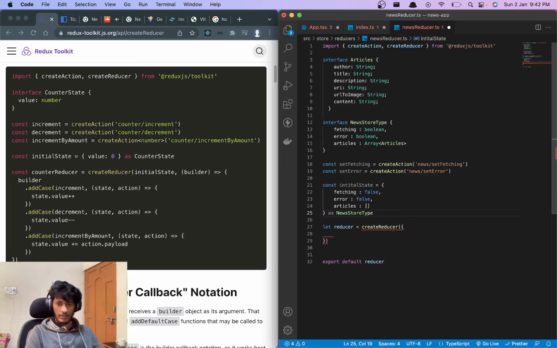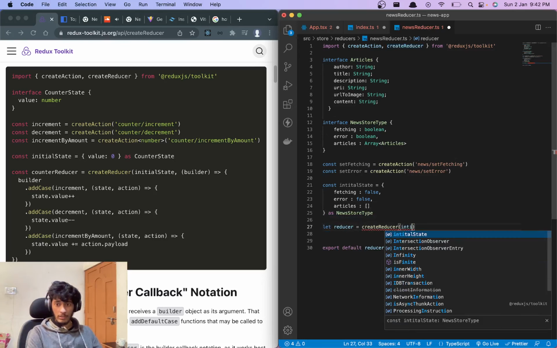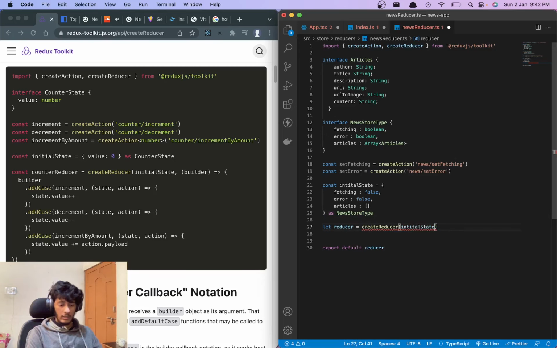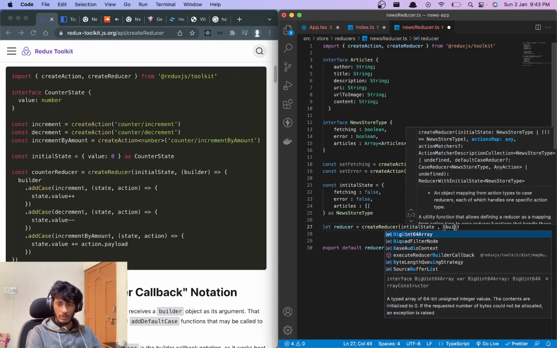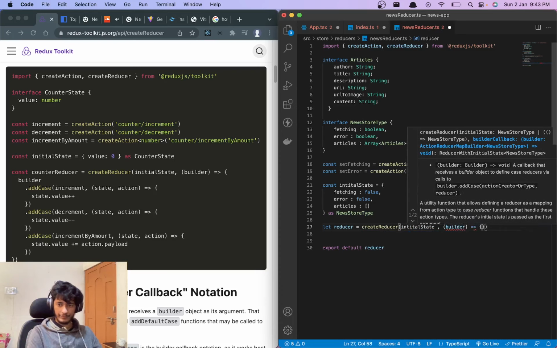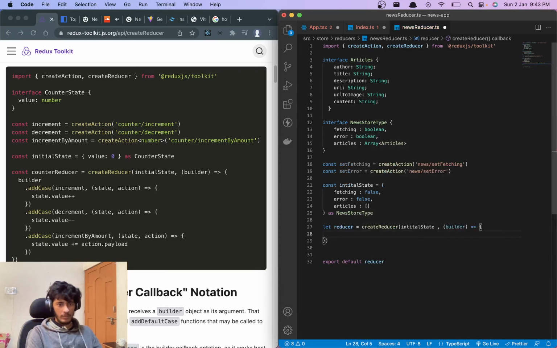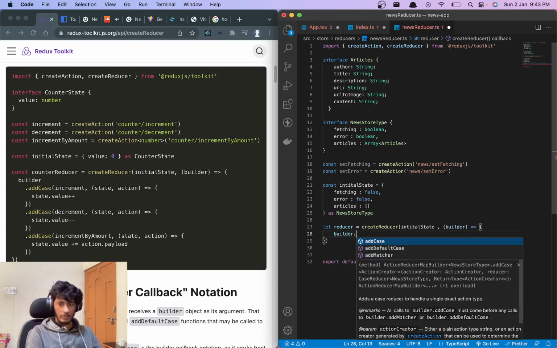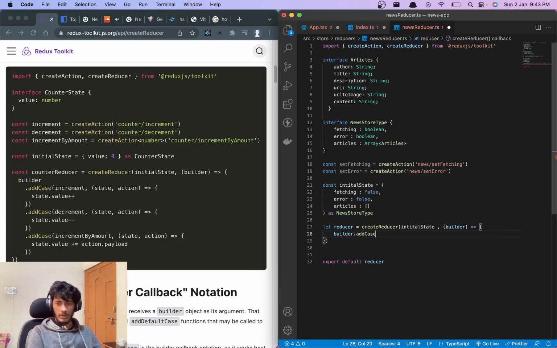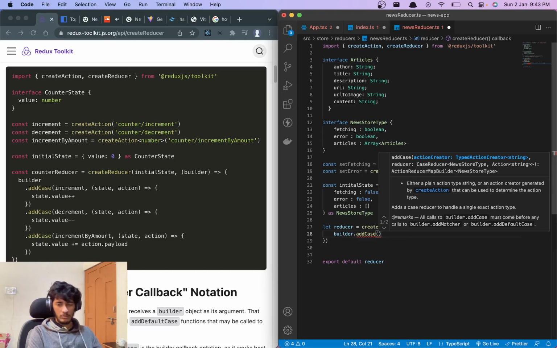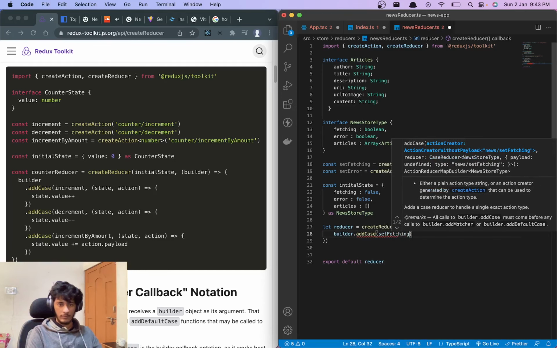That's a store type. Now what we can do is in the create reducer function, as per this, we can pass our initial state, right? And then we'll get something called builder, right? And then we have the builder dot. We just keep on adding cases. So add case. First case is this one, set fetching, right?